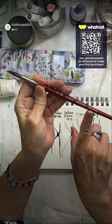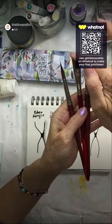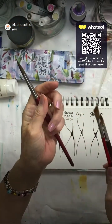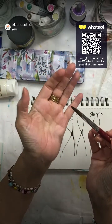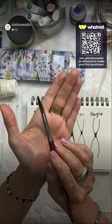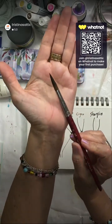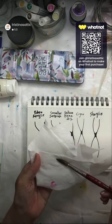Now, the reason that I use the Princeton Velvet Touch brushes all the time in my studio: I have several of them here, they have different types. These are the rounds, these are the flats. The reason that I use these so much is because this is a synthetic hair. It's not a natural hair, and you can use these with any medium: oil, acrylic, and watercolor. That's the beautiful thing, that you can use these Velvet Touch brushes across different media. Just make sure that you're rinsing and cleaning it properly so that you don't ruin it